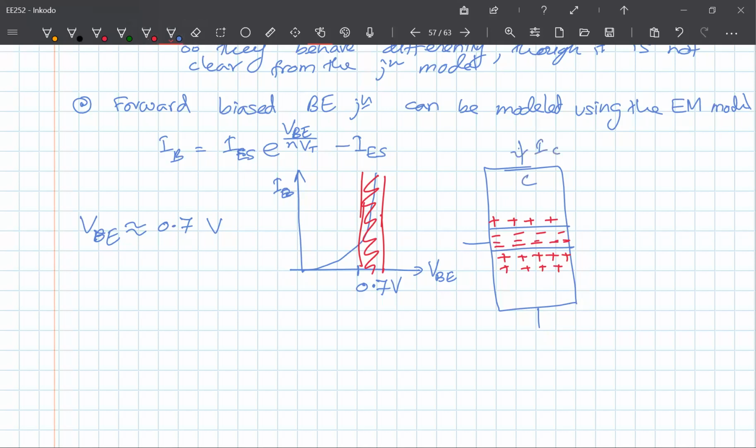This is the collector, the base, emitter, and this is IE. This is IB. So if you look at the diode model, it looks something like this. So in here, what we make is base emitter junction. This junction is forward bias. So this voltage is in this direction, and